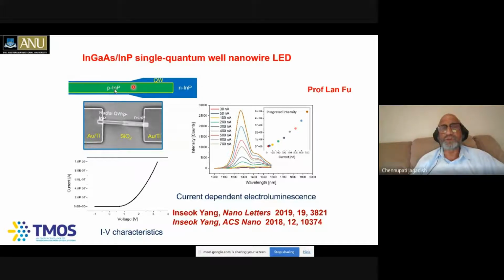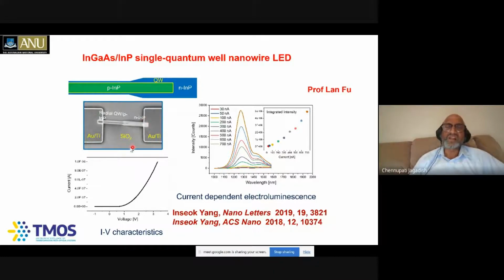If you dope indium phosphide with zinc, you get a P-type dopant. And then he grows this indium gallium arsenide quantum well. And you see this yellow one here. And then the N-type indium phosphide by silicon doping. So thereby you're able to create the PN junction. Then you can see the schematic here and the actually grown structure, which again, he spent a lot of time optimizing various conditions. And then he fabricated these devices by doing electron beam lithography and depositing some metals, gold and titanium, at both ends of this PN junction, for example.